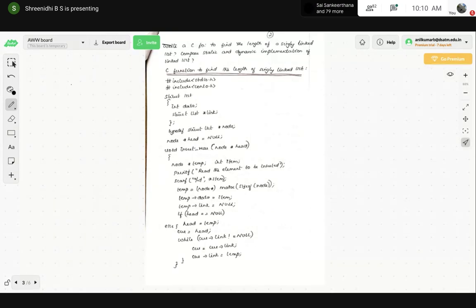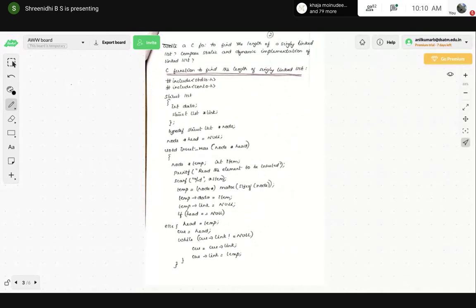We call it star link. Since it contains the address, we make it star link. So one field in the structure is data, which contains information, and another field of the structure is a link, which contains the address of the next node.